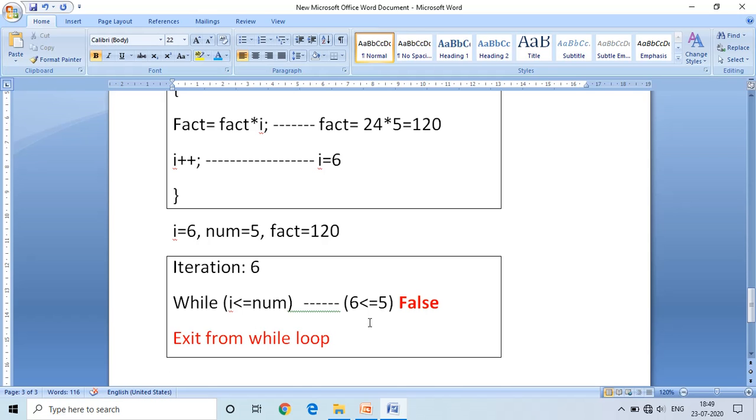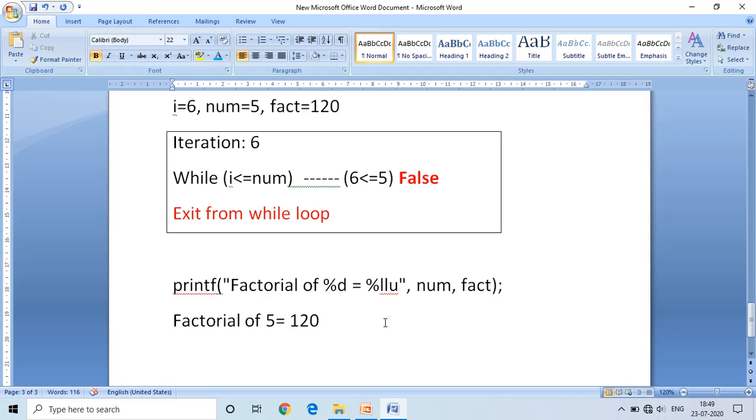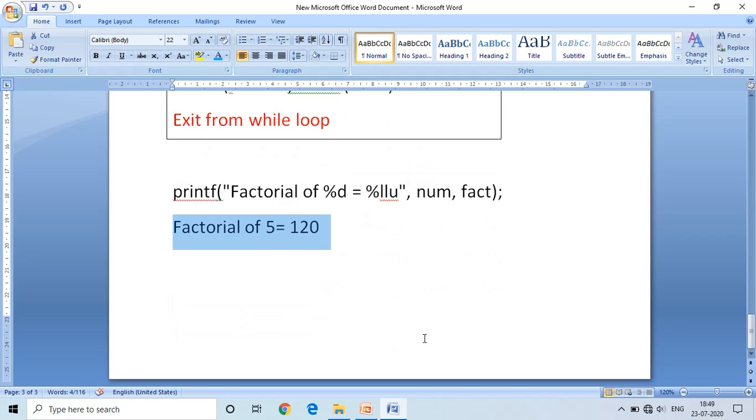After exiting the while loop, it executes the following instructions and prints the output on the screen. This is the program to find out the factorial of a given number.